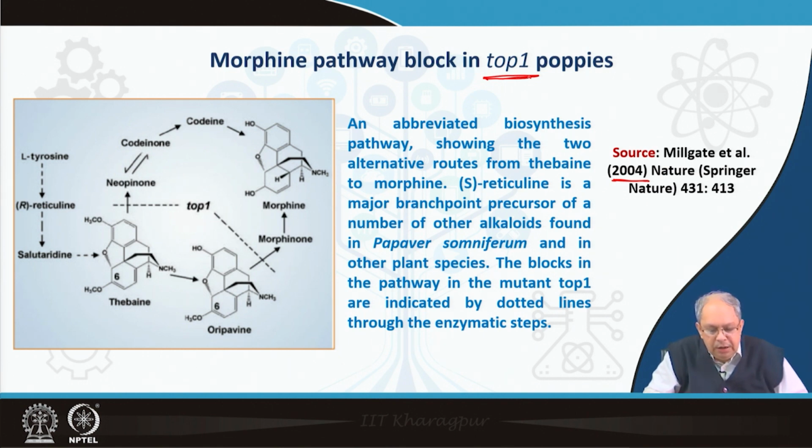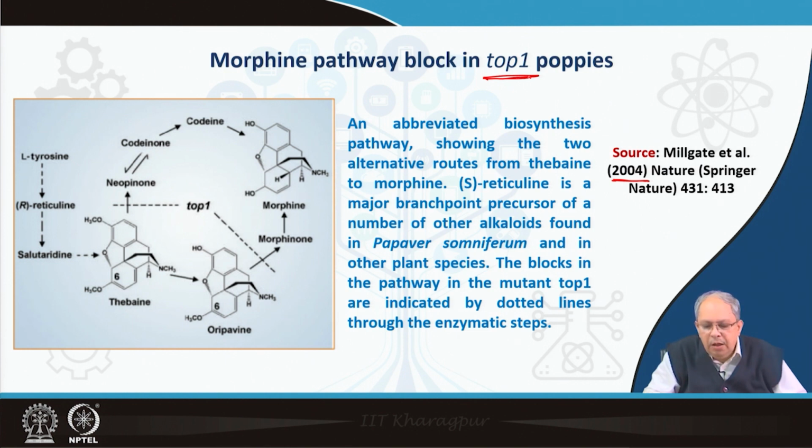The reason is that, apart from morphine and codeine, there is also a need for other alkaloids of the pathway, or in other words, the scientists determined that they would come up with an opium poppy plant which will not produce